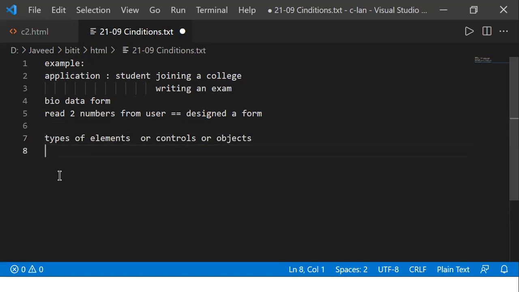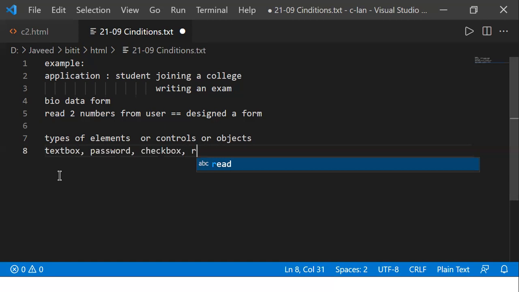For example, a text box control. We have a text box, and a password field, right? Or I have a checkbox, or a radio button. Or I may have a list control, or a combo box, or a simple button.